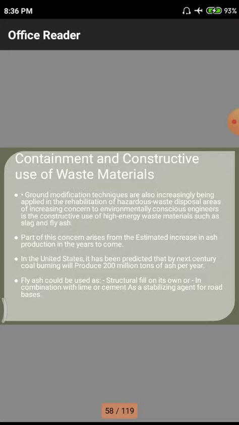Fly ash is mainly used as a structural filling material. Normally we are using this fly ash for the preparation of bricks and others. Likewise we need to have some more utilities of fly ash as a base material or glue material, that means binding material, in place of cement and others. Next one we are having is the combination with lime and cement, that means as a binding material in combination with lime, which means CaO, and cement. In place of lime and cement we need to use approximately 30 to 40% of this fly ash.